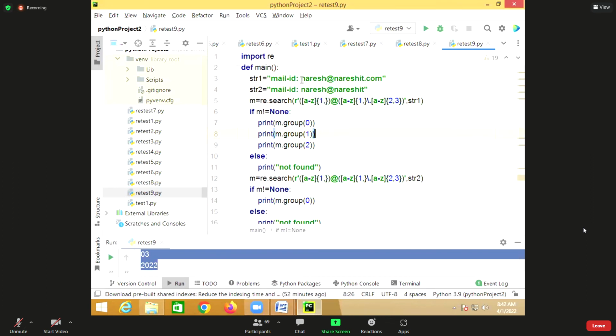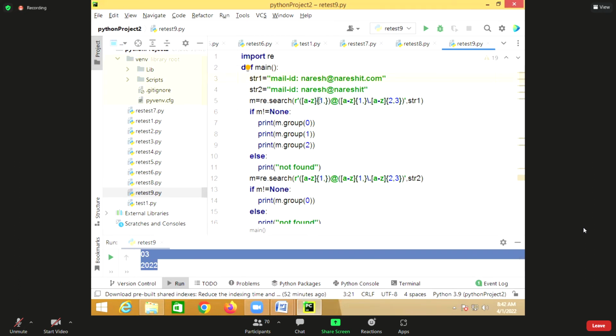So for a mail ID, you are searching for a pattern where this is a name, and this is the domain. The mail ID should have alphabets from A to Z, repeating at least one time, but the maximum can be any number of characters.